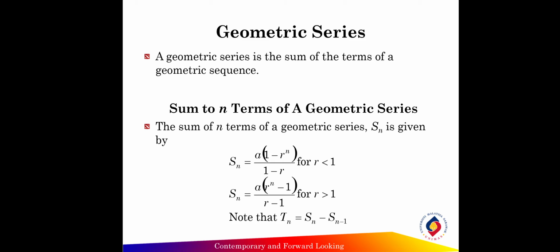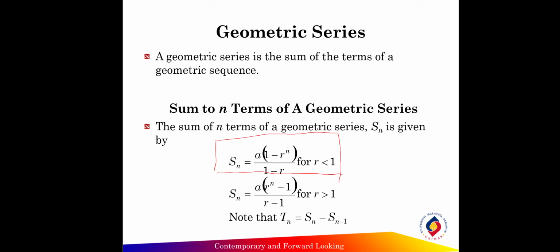So a geometric series is the sum of the terms from a geometric sequence. There are two different formulas for the sum of n terms of a geometric series. We write it in short as Sn. The first formula